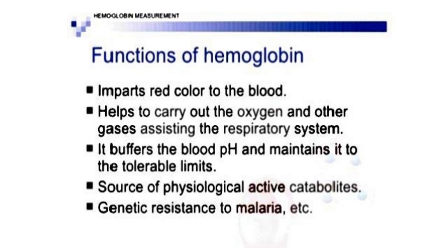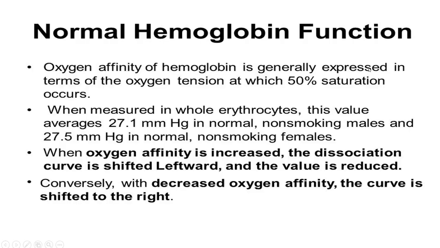Hemoglobin also transports nitric oxide, and the nitric oxide binding site is present on the beta chain. Hemoglobin also acts as a modulator of erythrocyte metabolism and as a molecular heat transducer. So that was about the basic functions of hemoglobin, and you can also note down these normal hemoglobin functions from here. Okay,